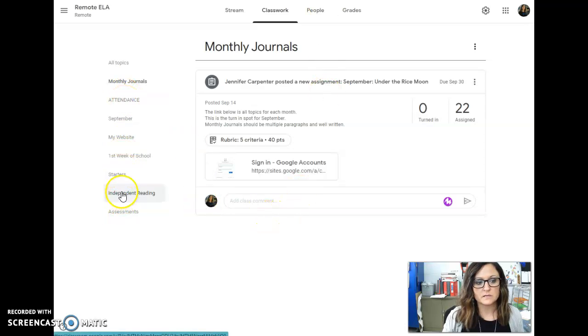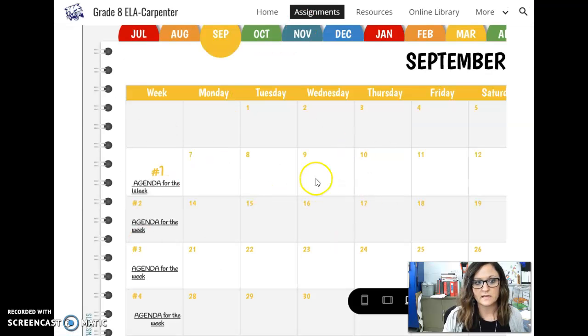All of the main topics like independent reading and starters will never change because I'm going to keep them under those titles because you have to do them daily, okay, or weekly for independent reading. You should be reading at least 20 minutes a day, okay? And as far as anything else I give you will be under each month title, okay, and if you forget, you can always go back into this calendar under